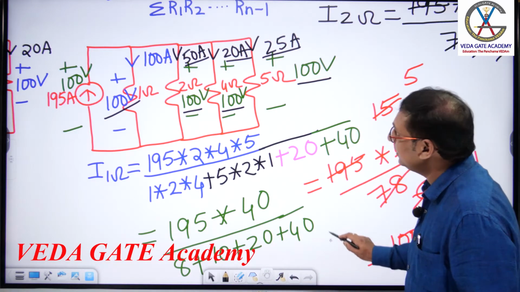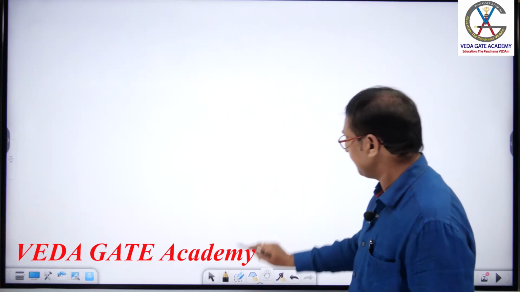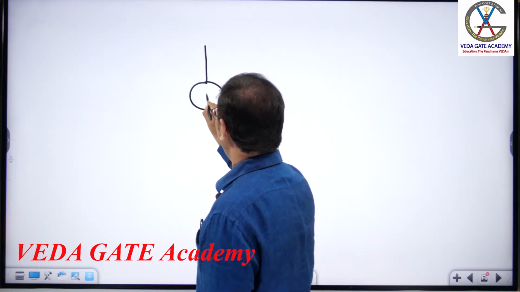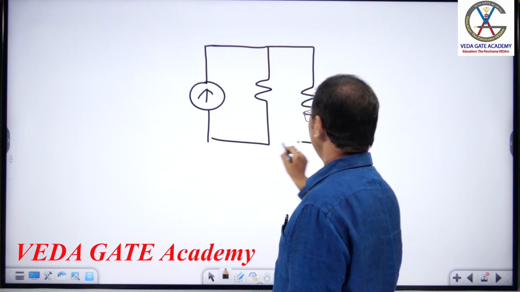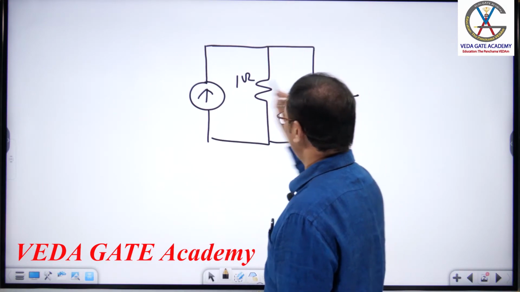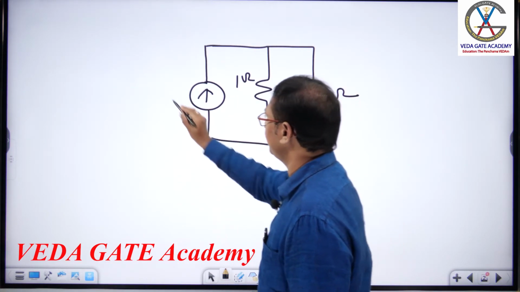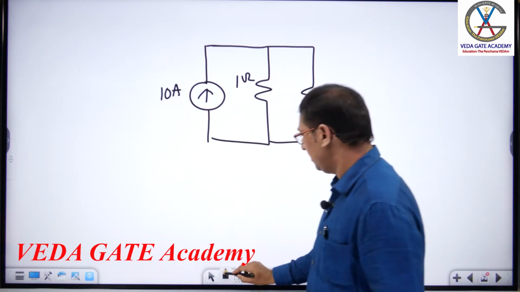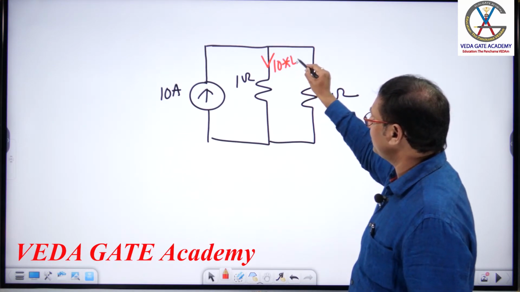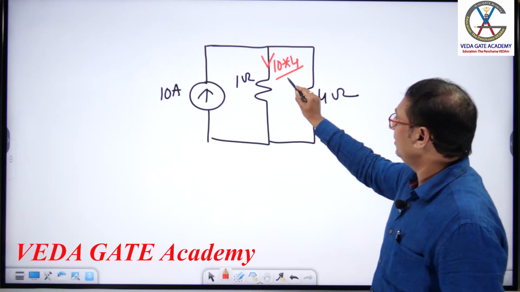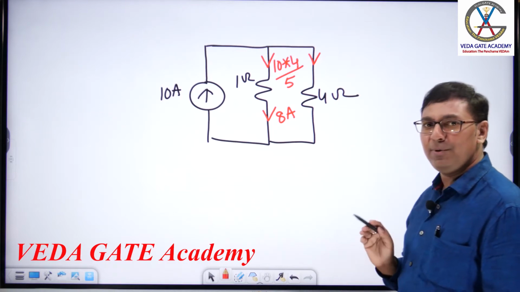Let us apply current division by taking a basic circuit. Let us take 1 ohm and 4 ohms, and let us take the source current as 10 amps. Apply current division and tell me what is the value here. 10 into the opposite resistance, 4 by the total 5. How much current will flow here? 8 amperes. And for finding this other current, please don't apply current division.